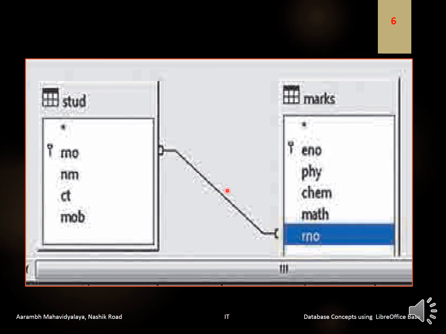Okay, now how to create this link: just click on this R number, keep the mouse pressed, and drag it to this roll number and then release the mouse button. Clear? Click on the roll number, drag the mouse, bring it up to here, and when you arrive here this roll number will be highlighted; once it is highlighted, release the mouse. With this, the common field between the two tables can be related to each other. And this total process is nothing but the relational database, that is RDBMS.